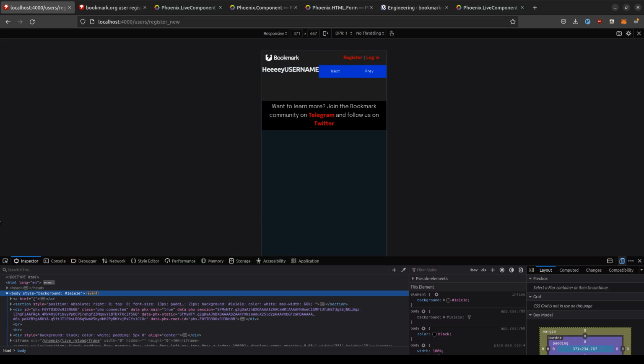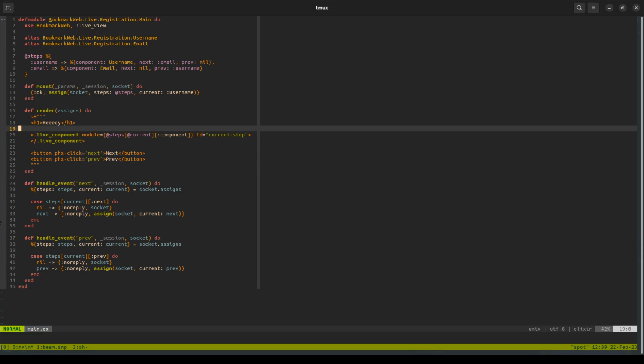Where I'm going to start today is I'm going to build the actual forms. So I'm going to make a little panel here on the background. It's going to be a bunch of CSS and front end, but that's fine. So I'm going to start with the username, the email, the password, and then I'm going to submit all of that and create a user. Let's see how it goes. So first of all, what I want to do is